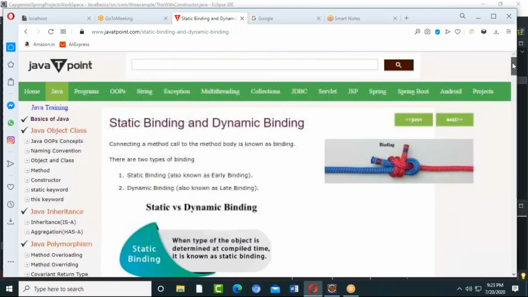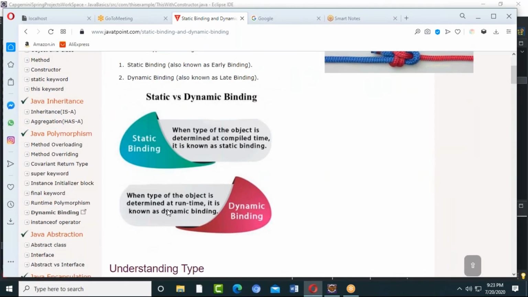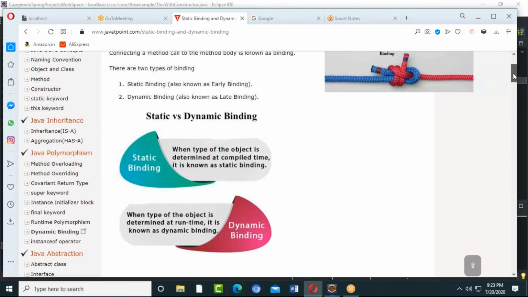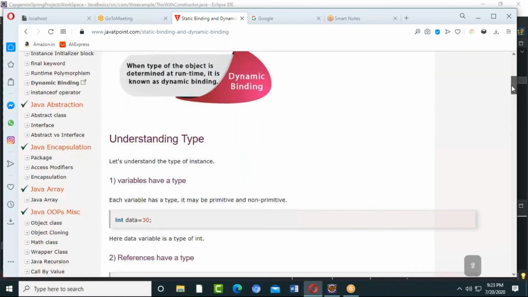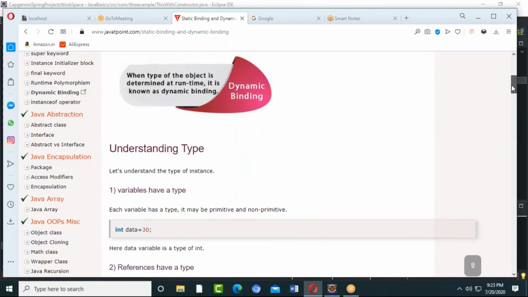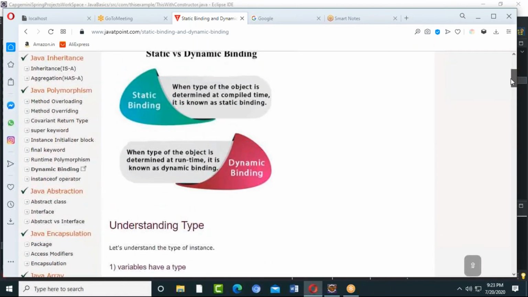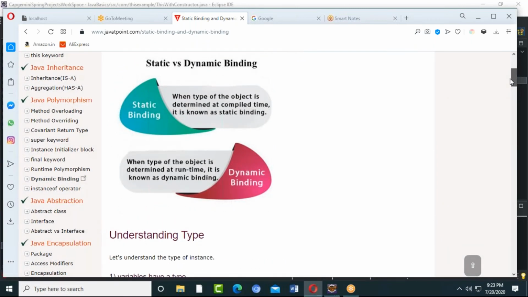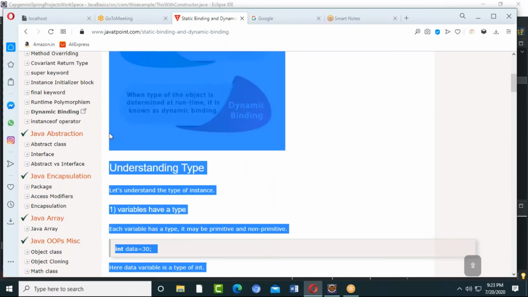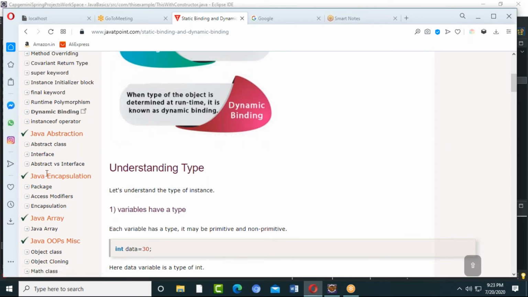Whatever we have discussed so far, just go through it and get clarity on it. It's very important: what is dynamic binding, what is static binding, what is static polymorphism, what is dynamic polymorphism. Give it some time and get back. In the next class I'll discuss what an abstract class is, what an interface is, and the differences between them, and we'll try to close encapsulation completely in tomorrow's session, and possibly arrays. These are the things we're going to cover tomorrow.